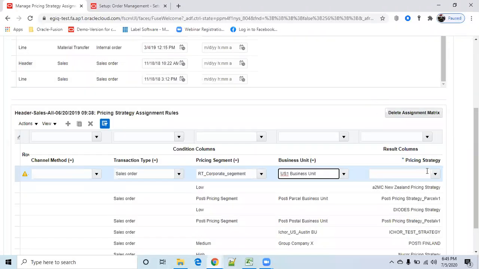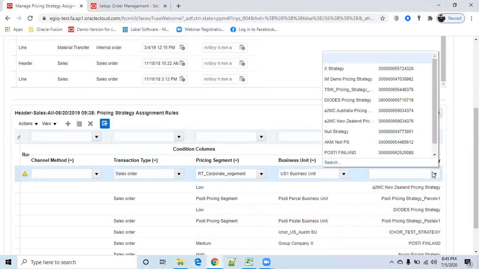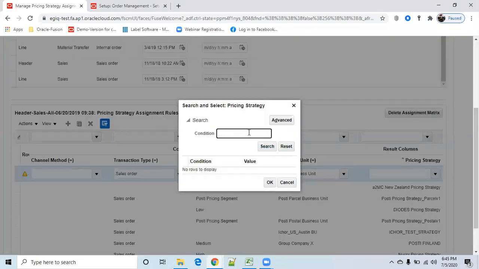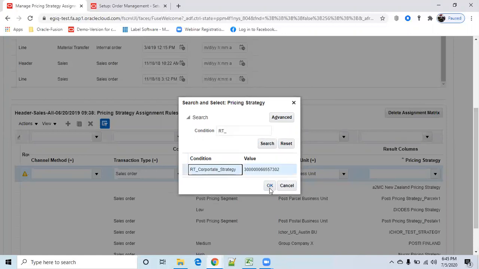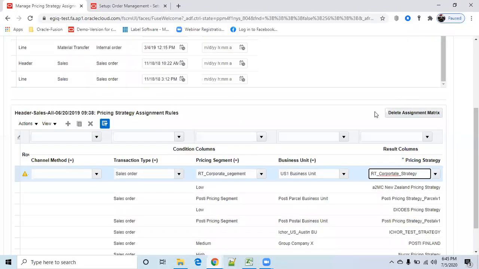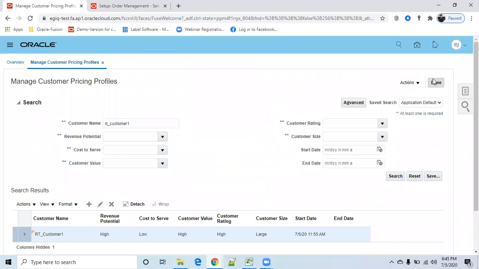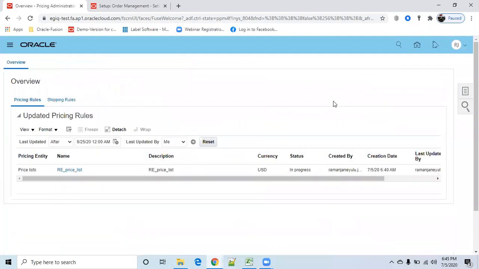And what is my strategy? Strategy is whatever strategy we created now, RT underscore corporate strategy. Okay, so save and close. So this is the way to create your pricing administration, pricing setup.